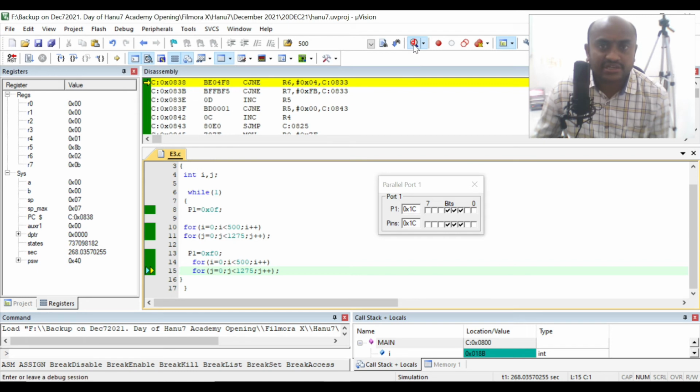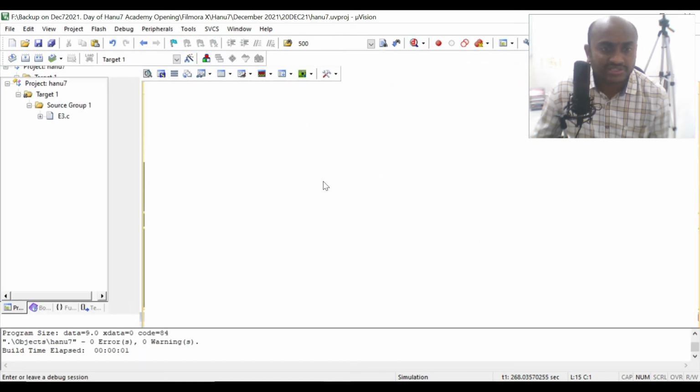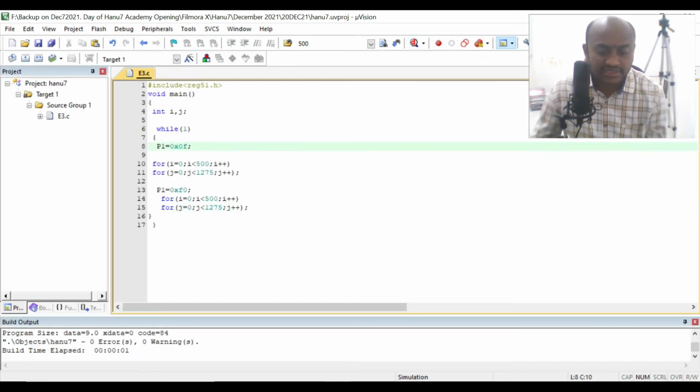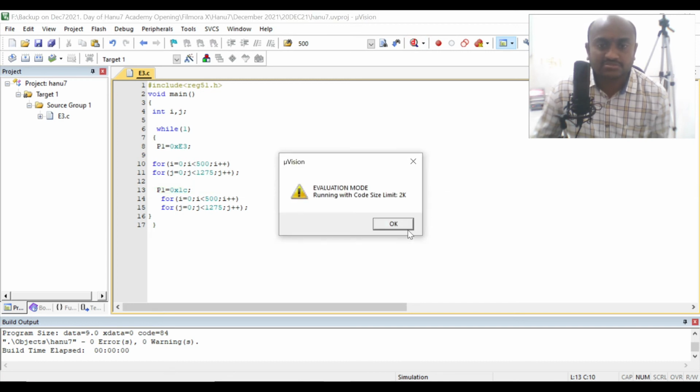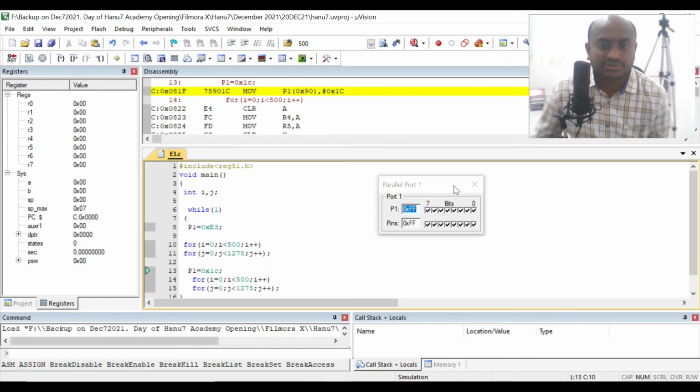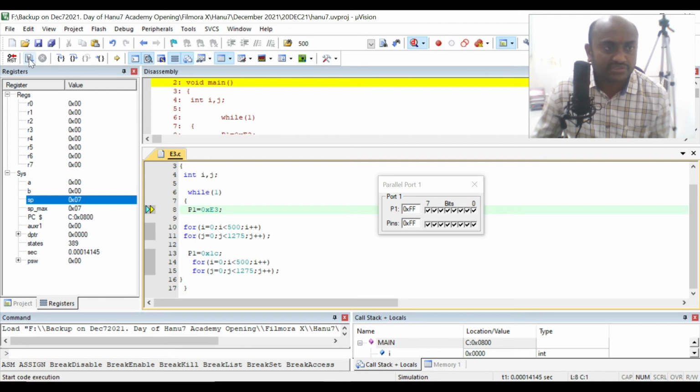So E3 and 1C, if you load these two values, E3 here and 1C, let us see what could be the output you are going to expect. Will the same thing that I have shown you come or not? Okay, like this. So this is how you can generate any desired blinking pattern.